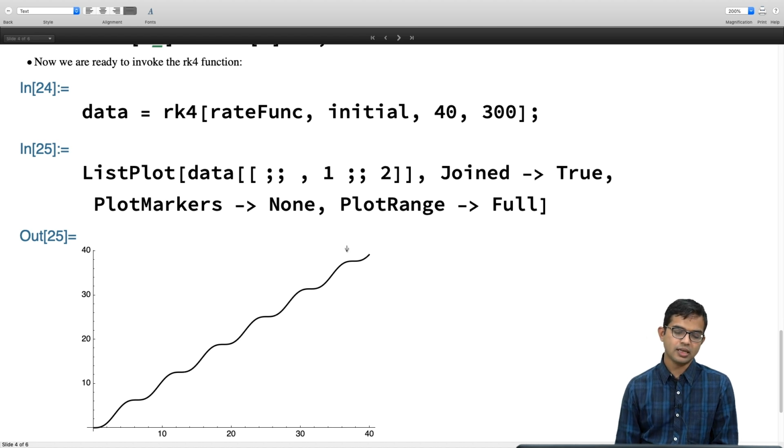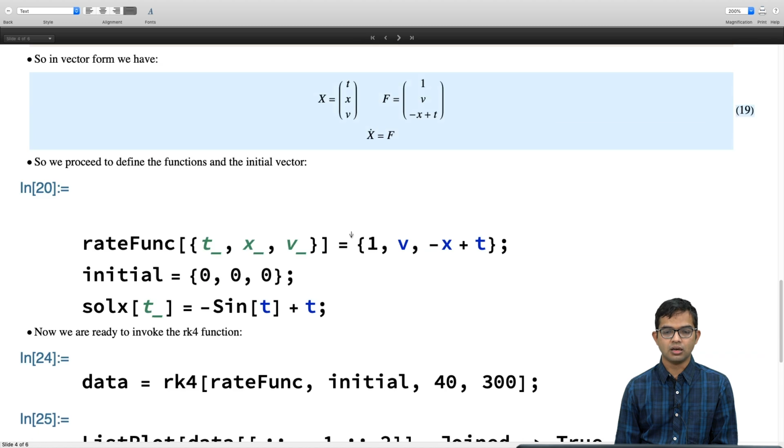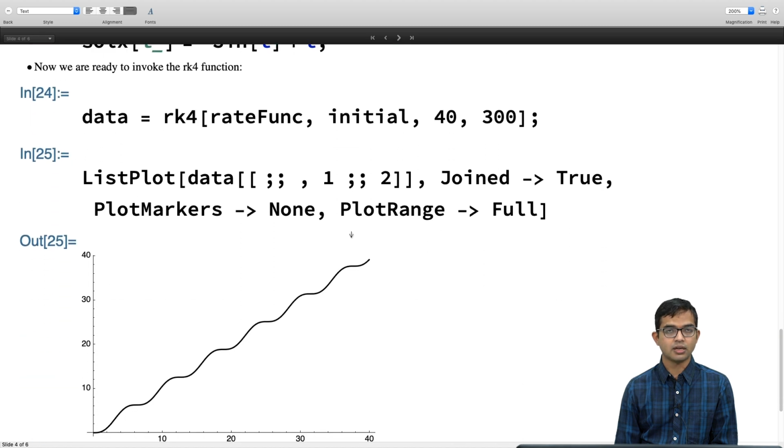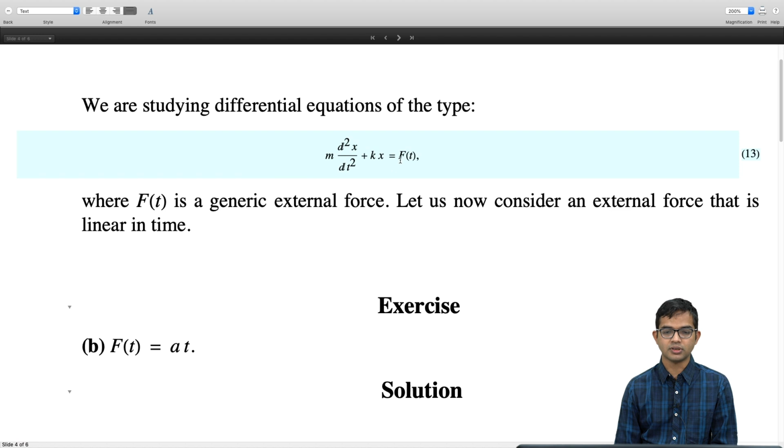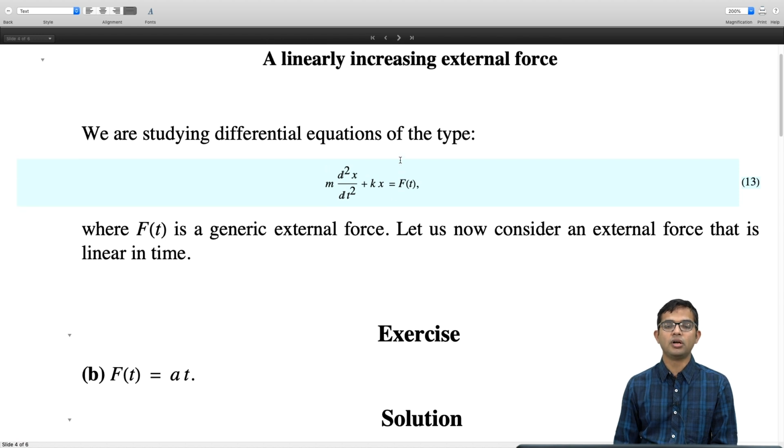It's interesting that this external field, which is proportional to time, is going to give you also a displacement which is roughly proportional to time only. Suppose you did not have this dx by dt term. Suppose we had a differential equation which only involved an external force, and there was no harmonic type potential in play.